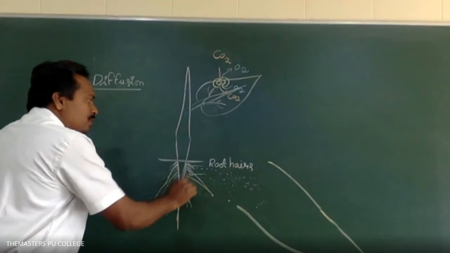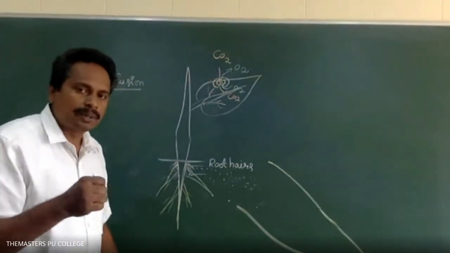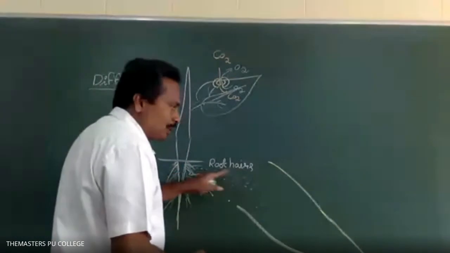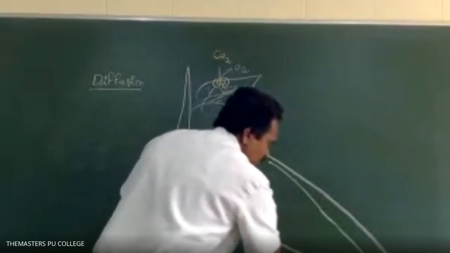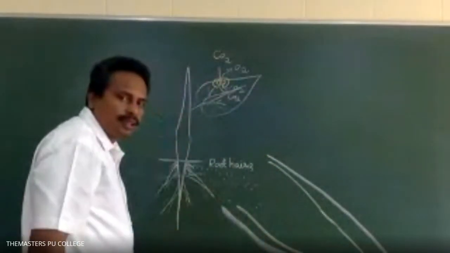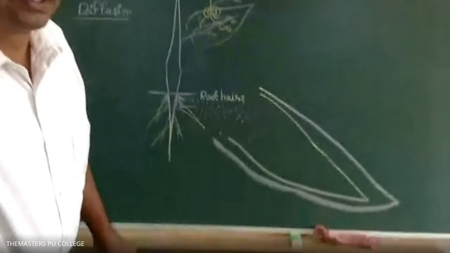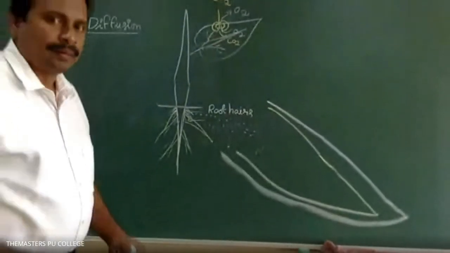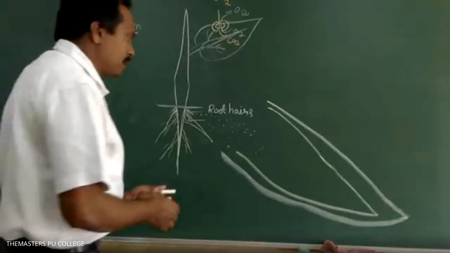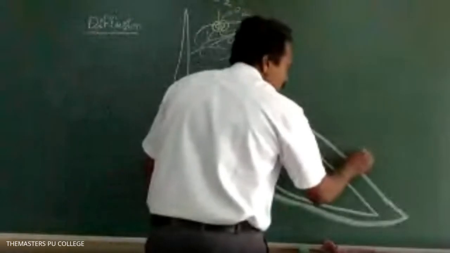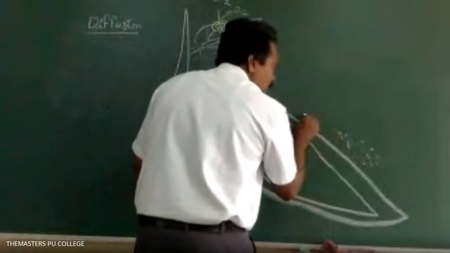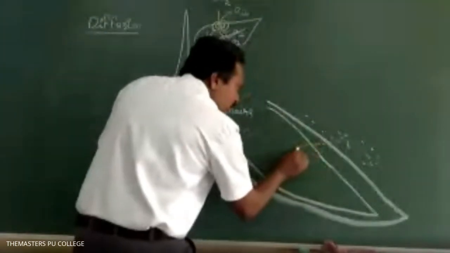So, what is the function of root hairs? Root hairs are involved in absorption of water and minerals. In root hairs, the outermost layer is the cell wall. What is the next layer? Just beneath the cell wall is the cell membrane. Yes, the cell membrane is present. The water moves from higher water potential to lower water potential through the cell membrane.